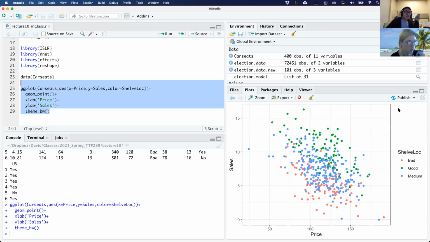Our Y variable, the shelf location of the car seat, is classified into 3 groups. Instead of a binary outcome, we have 3 different discrete values: bad, good, and medium. And we can see how those relate to the sales and the price.